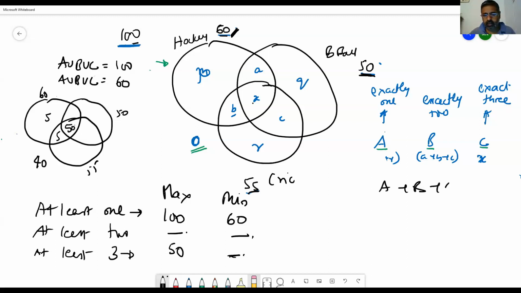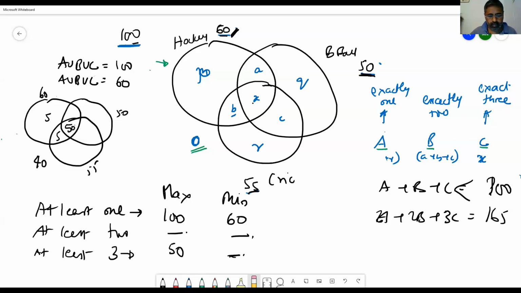A plus B plus C? We don't know. Let's say it is less than 100. That's all we know. And A plus 2B plus 3C is equal to 165. This much we know, but we don't know what these could be, so we will not be able to use this method. So we'll use some other method, and please listen very carefully. I think we'll discuss it here.